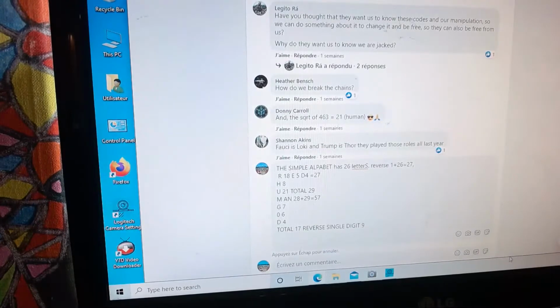Reverse 9 times 3 letters equals 27. Reverse of 17 is 10. So that is your 10 for 10